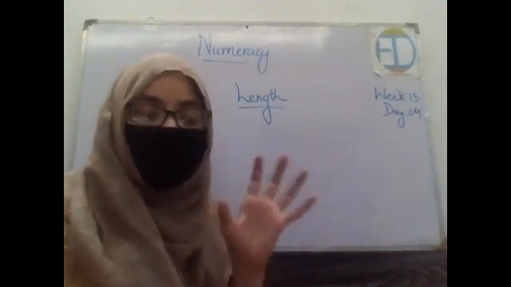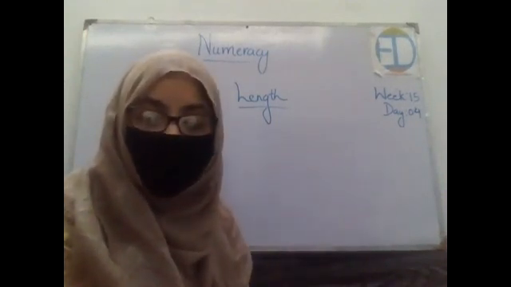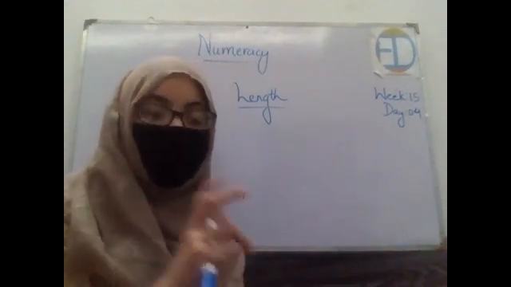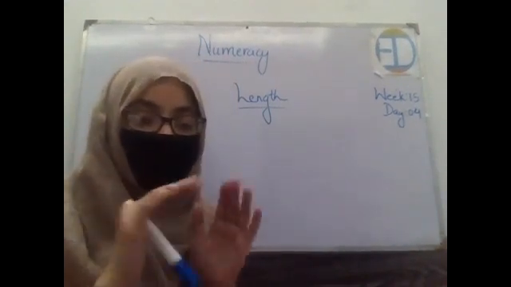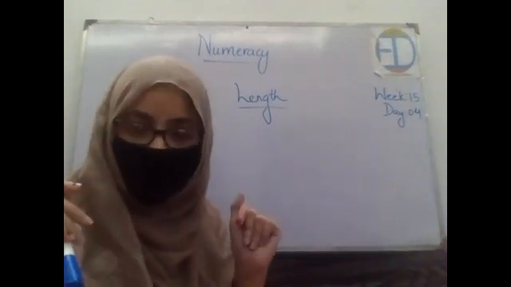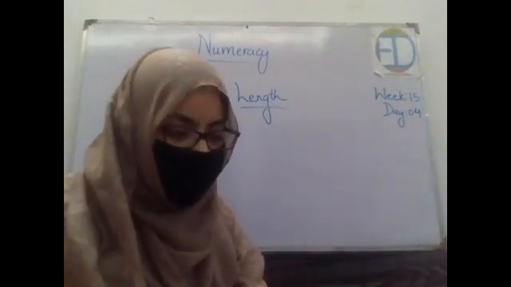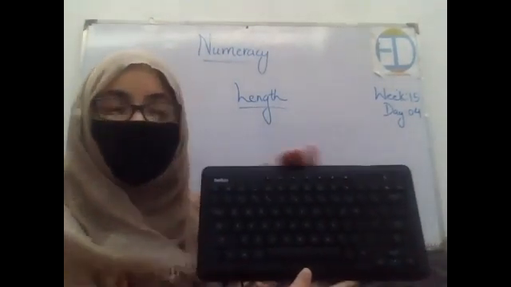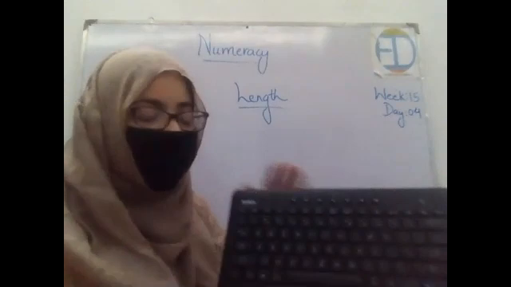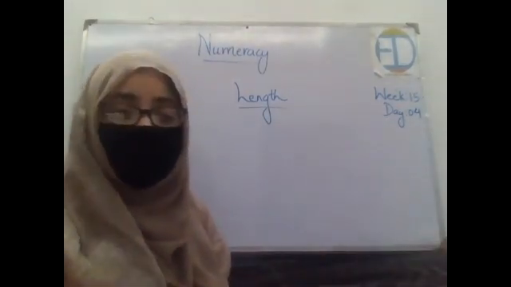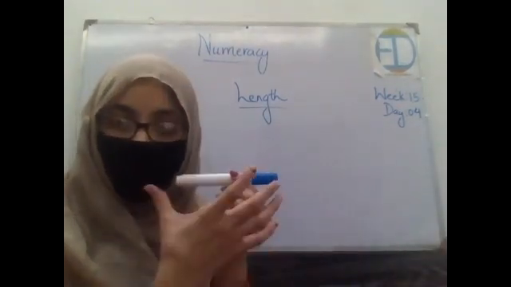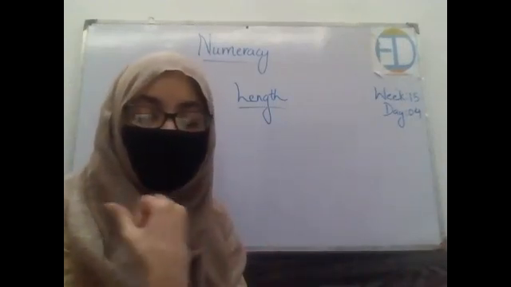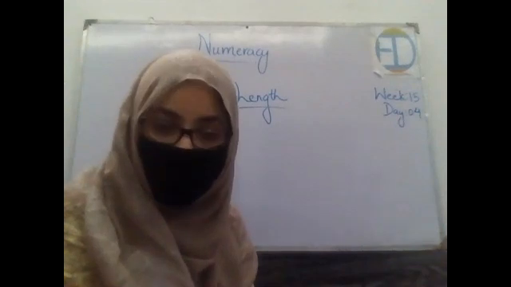And what basically length is, who is going to define length for me? Excellent, Sarah. That how long an object is. Length basically tells us that how long an object is. Let's say I ask you that please tell me the length of this keyboard. This means that I want to know that how long it is, right? Similarly, I ask you please tell me the length of this marker. So I want to know how long it is. So length is basically it tells us about how long an object is.